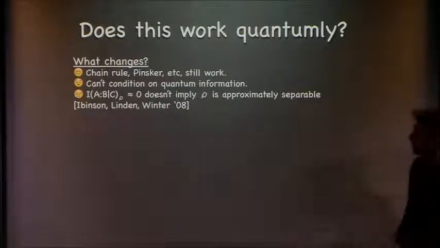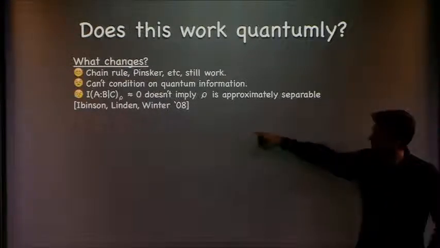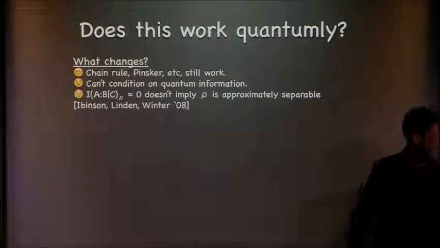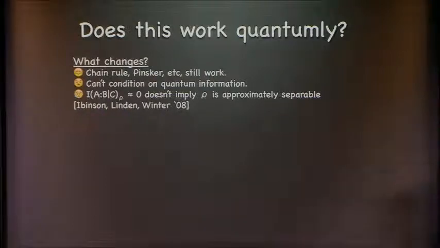So what are A, B, C in this quantum setting? Events? A, B, and C are systems, are subsystems. So you have a quantum state on several systems, like qubits. Think of them as you started off with n qubits, and A, B, and C might be individual ones of those. Okay, values of those qubits. Those are random variables. They're the quantum analog of random variables. Quantum variables. Right? Yeah, that's right.